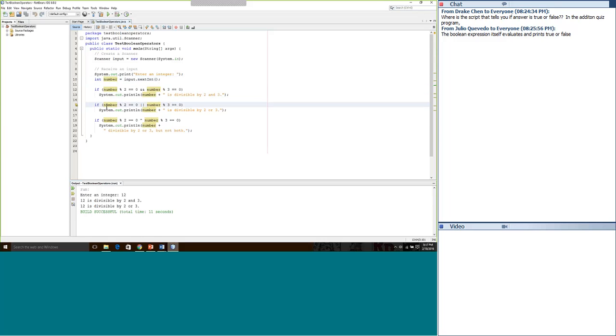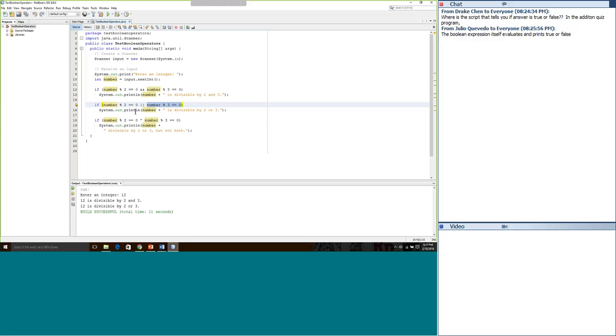Next, is 12 modulus 2 equivalent to 0? Yes, it is. It's true. I have that ORed with this piece, 12 modulus 3 equivalent to 0. That's also true.